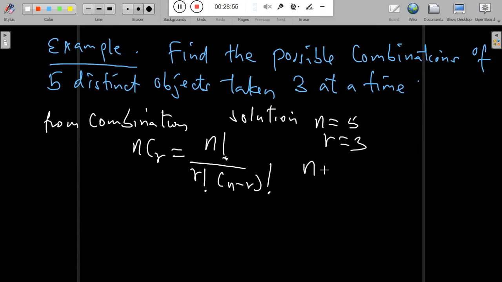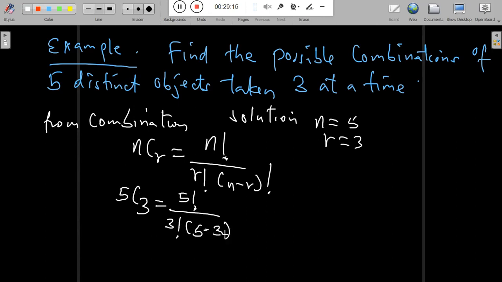So our n is equal to 5 and r is equal to 3. So we set out our data set, as you can observe. Let us plug 5 into our formula. This will be equal to 5 combination 3, which is equal to 5 factorial divided by 3 factorial times (5 minus 3) factorial. So when you divide over there, that will exactly give you 10.